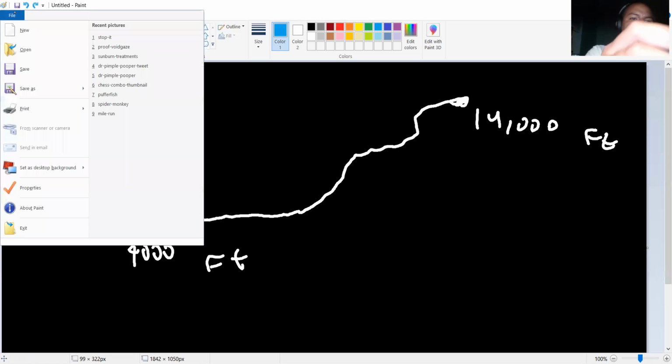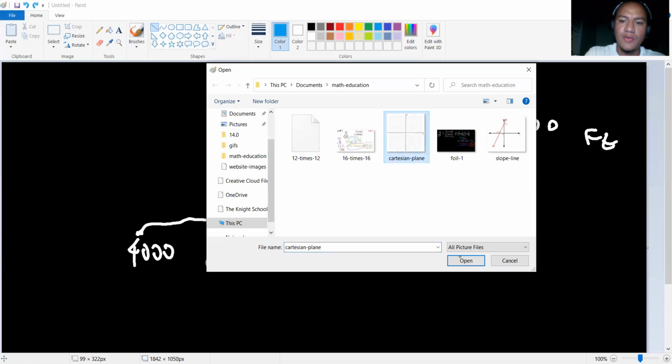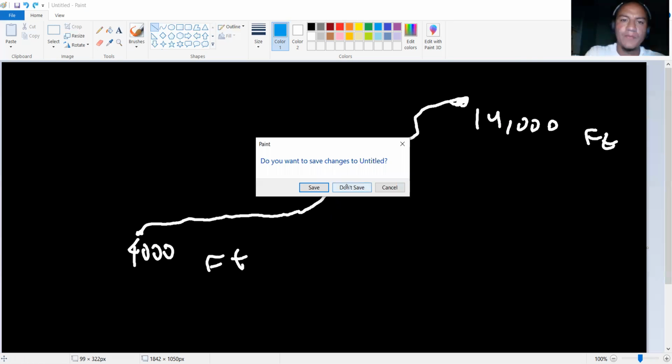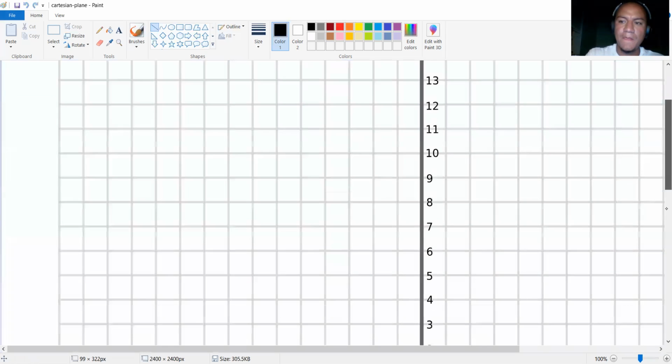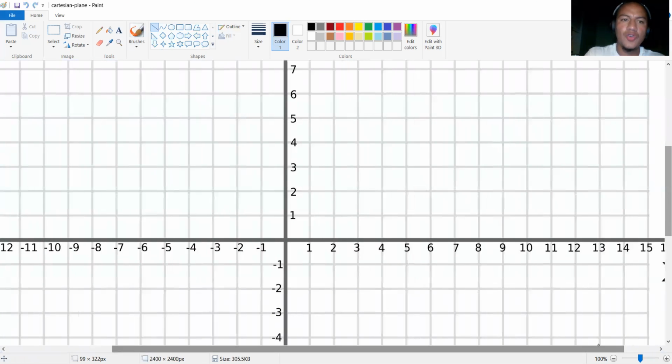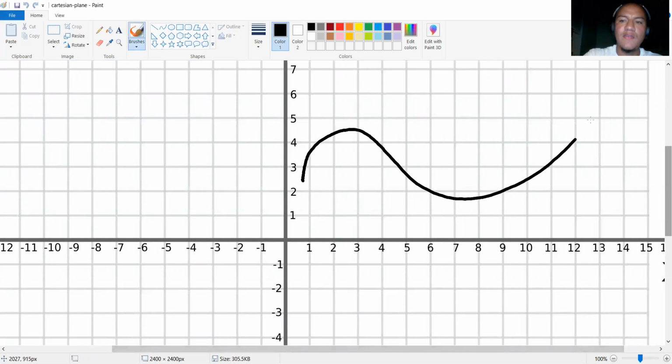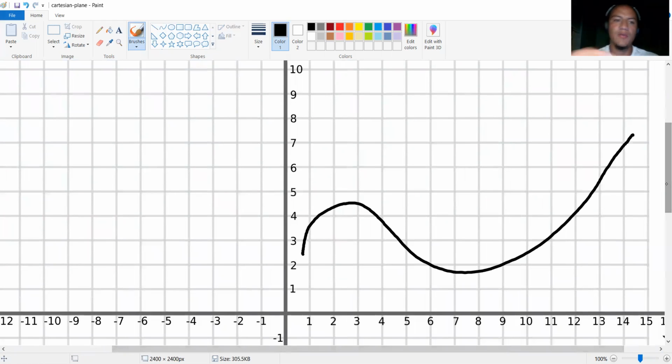And this could also be the same as a function. If you go ahead and check out the Cartesian plane, then basically you could technically have a function that goes like this. We don't know what the rule of it would be. We wouldn't know what y equals. That wouldn't matter. But we could see that this resembles sort of a mountain.